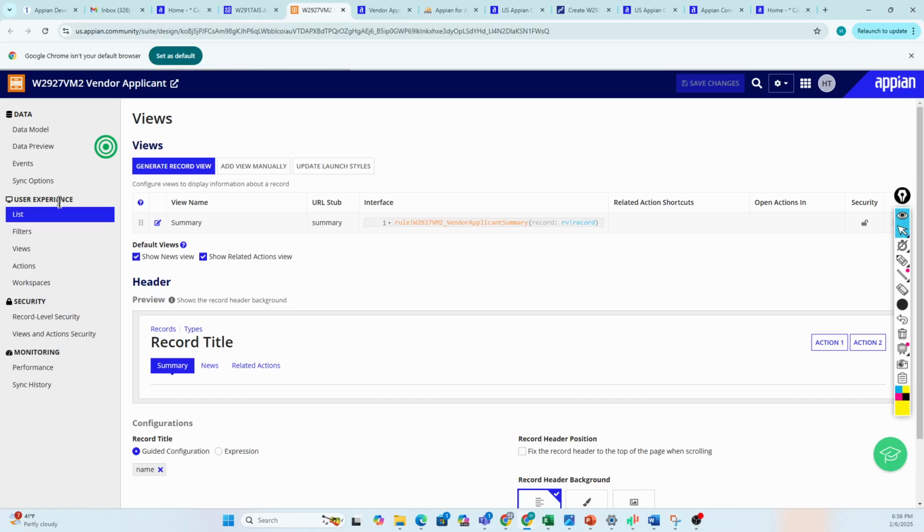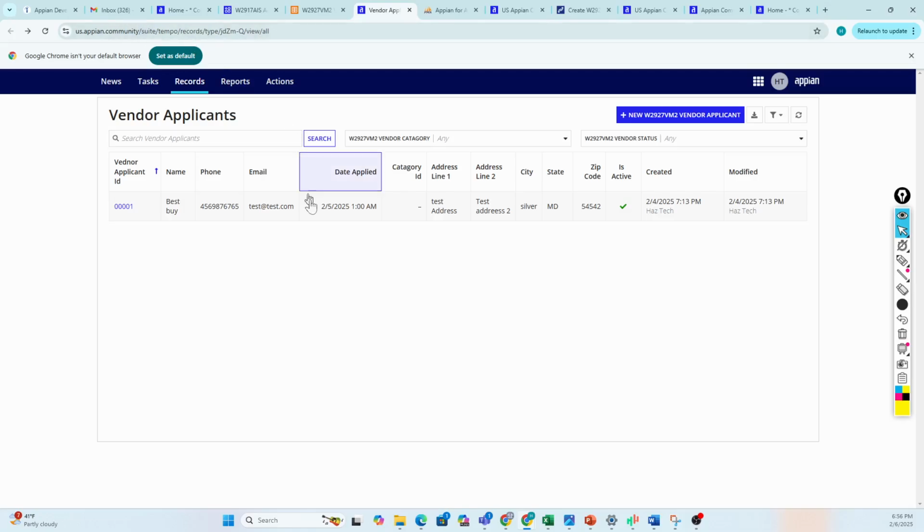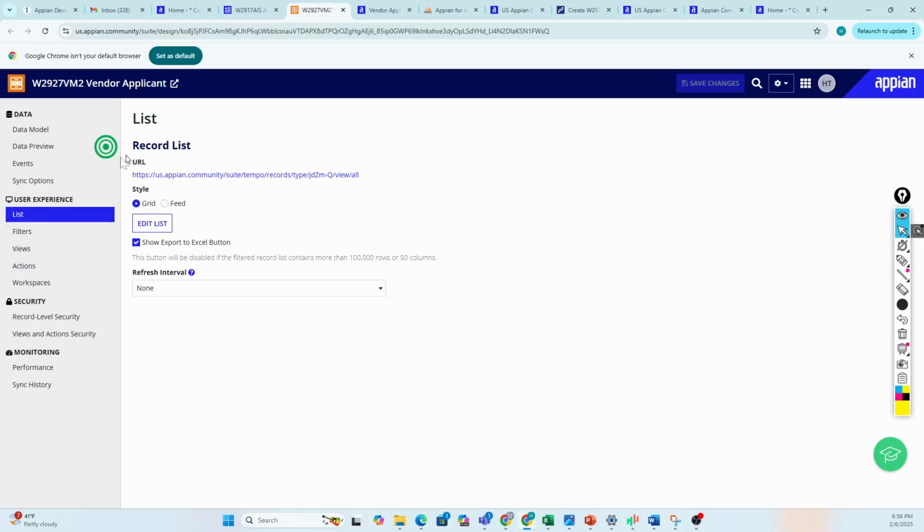So all these are actually on the summary page for the record type. Whatever you see on the record URL, on this specific URL, you see the list of vendor applicants, but on the vendor applicant, you see everything. So we're going to limit this information. There are two ways on the